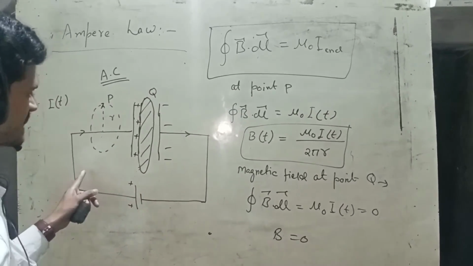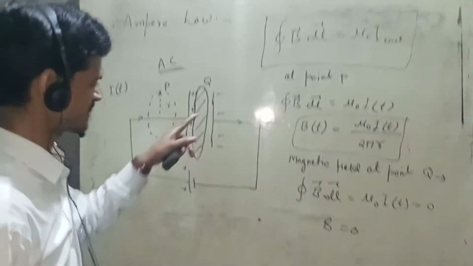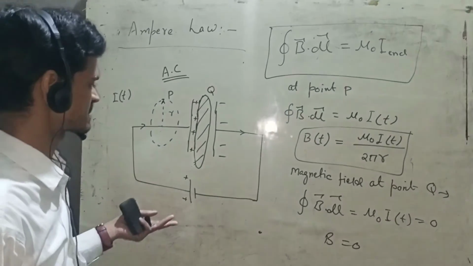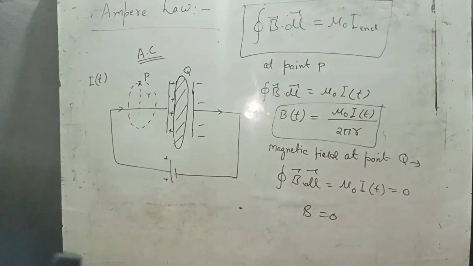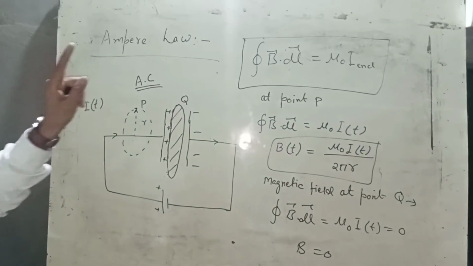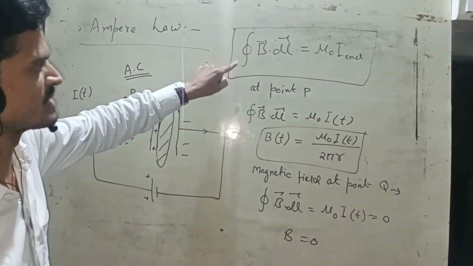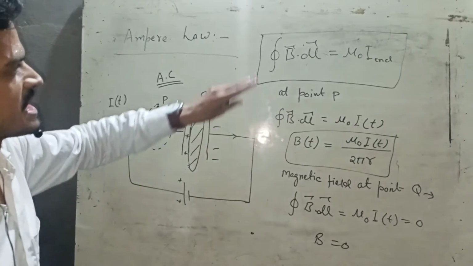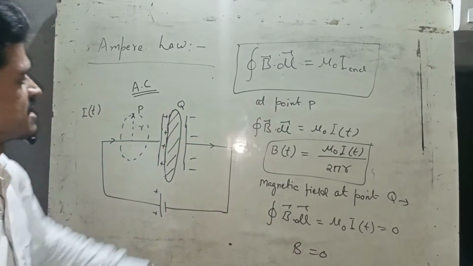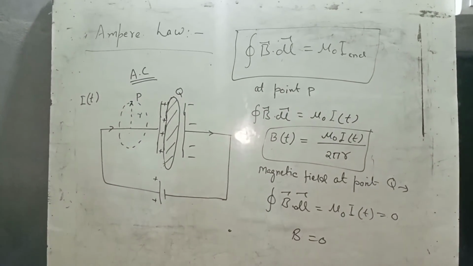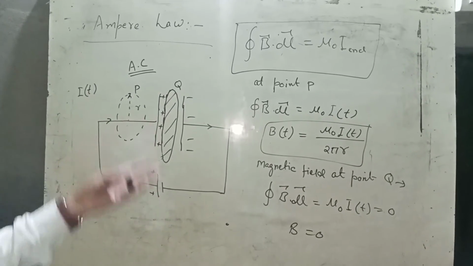So what happened due to this? How did this happen, that a current is flowing in this space? The question arises. Yes, this is interesting. It was James Clerk Maxwell who first proposed that this Ampere circuital law should be corrected, meaning that there is an inconsistency in this equation. So Maxwell removed this inconsistency using the concept of displacement current.